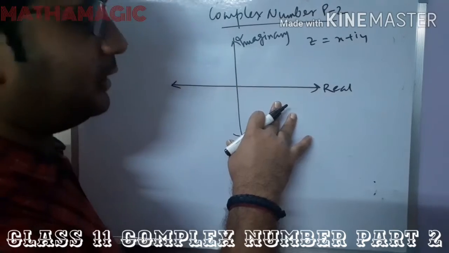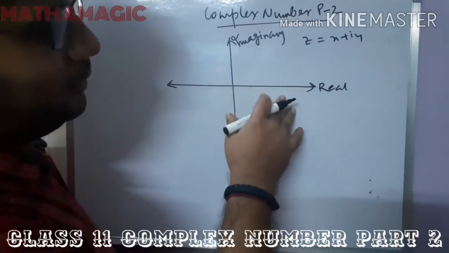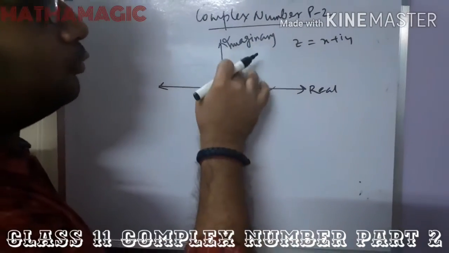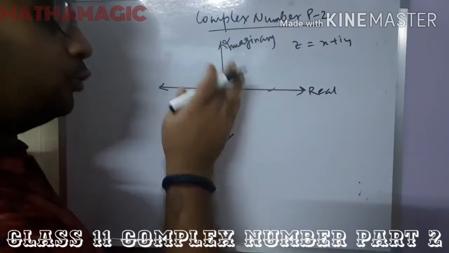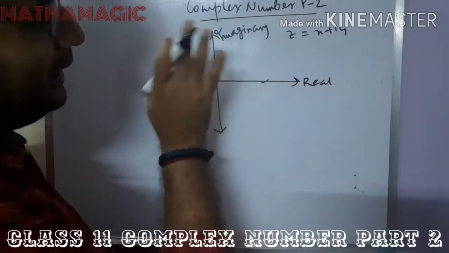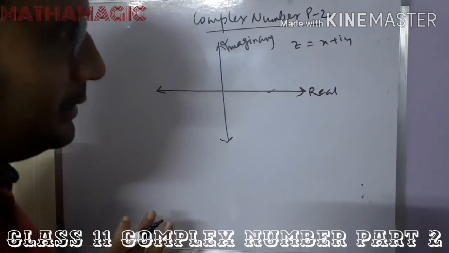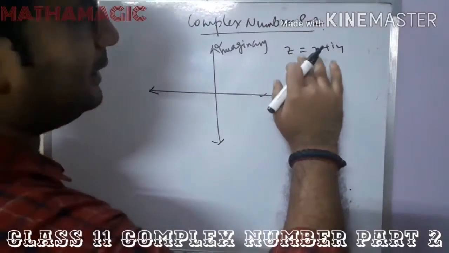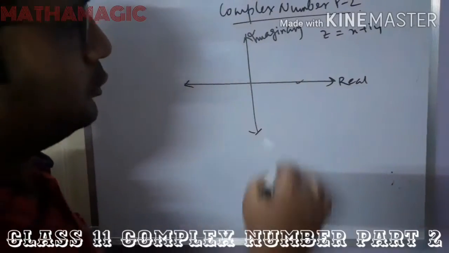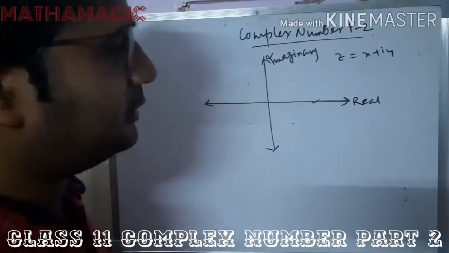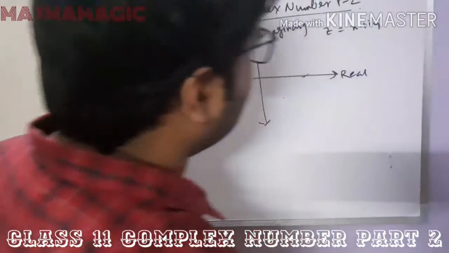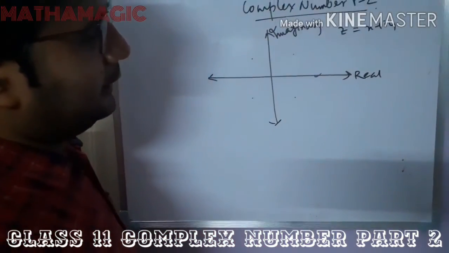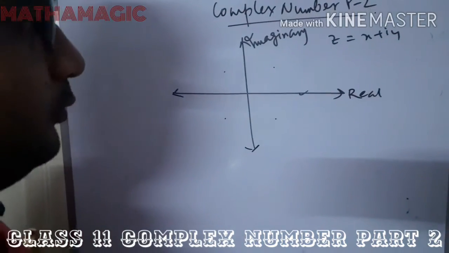real axis, that is on the x axis. And if the complex number has only the imaginary part, then it will be on the y axis. It could be on the positive or it could be on the negative side of the y axis, but it will be on the y axis itself. Now if the complex number is in this format, that is x plus iy, then it can be anywhere within this plane, and this plane is called the Argand plane. This is the main thing of the Argand plane.